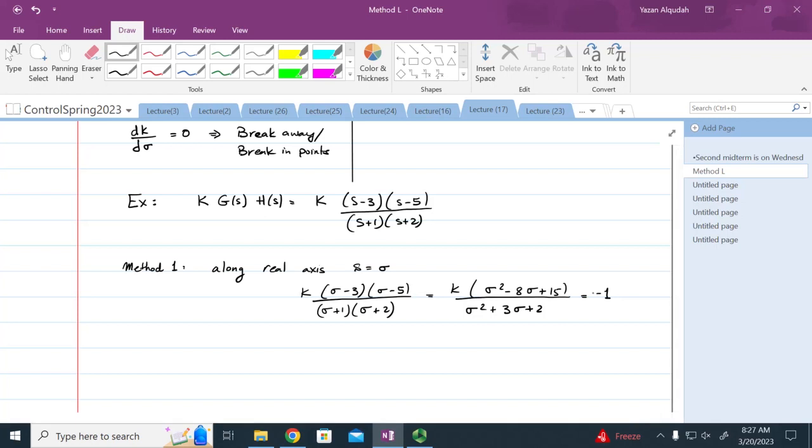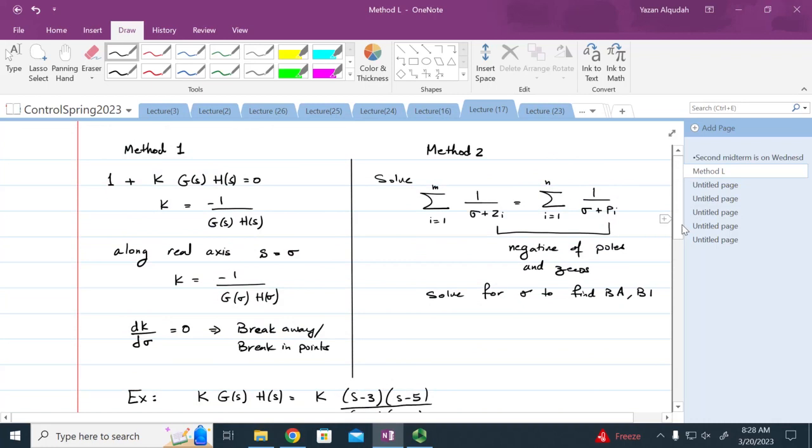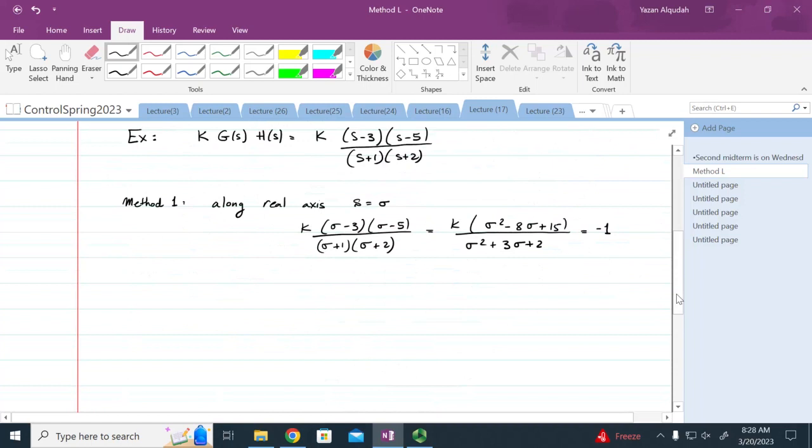Where is this coming from? From the first method. We said it satisfies 1 plus k g of s h of s, so therefore k multiplied by g of s h of s is equal to negative 1. So then we need to write the k in terms of sigma. This is going to equal negative 1 divided by g of sigma h of sigma, which is going to equal